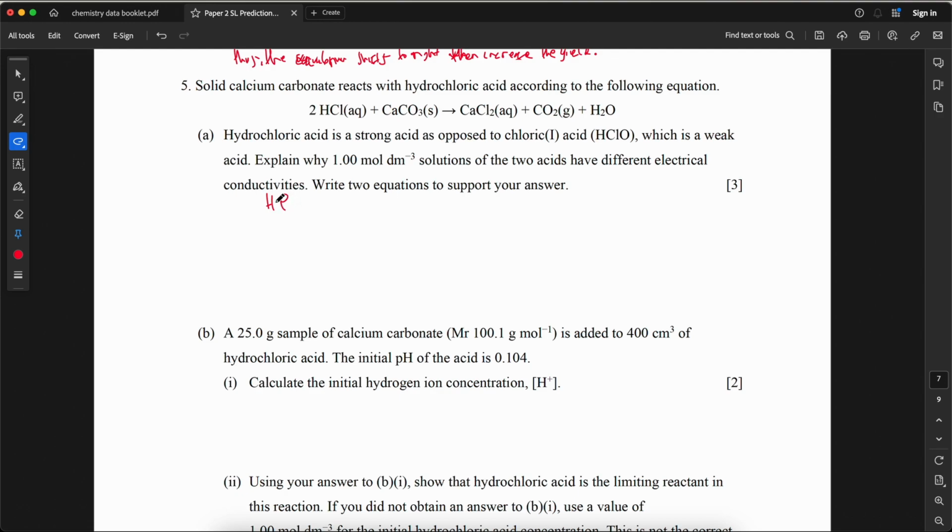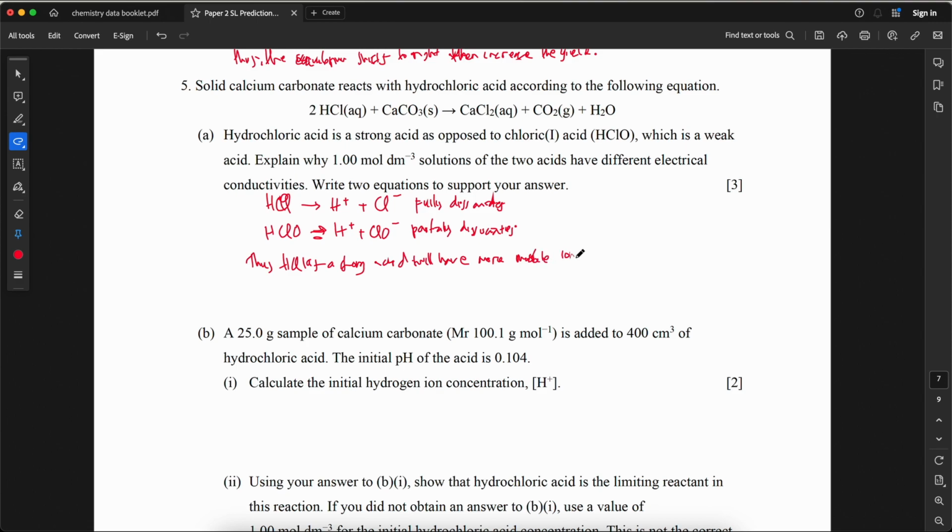So HCl will dissociate, becomes H plus and Cl minus. So this will fully dissociate. And for HClO, it will have an equilibrium because it partially dissociates. It will produce H plus and ClO minus, partially dissociate. Thus, HCl as a strong acid will have more